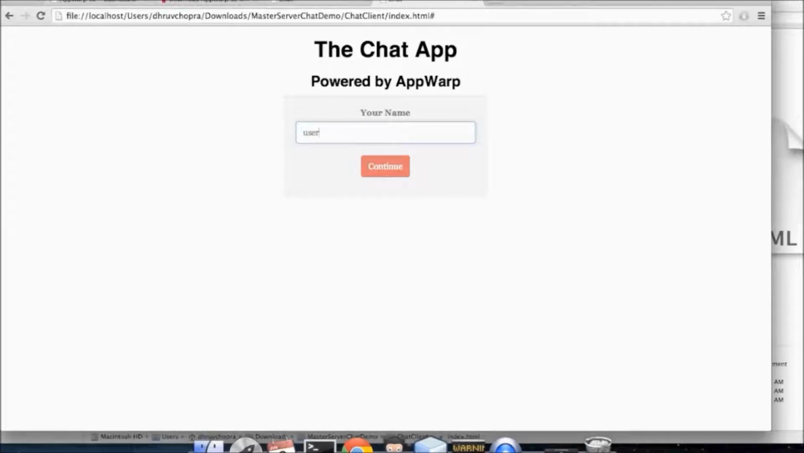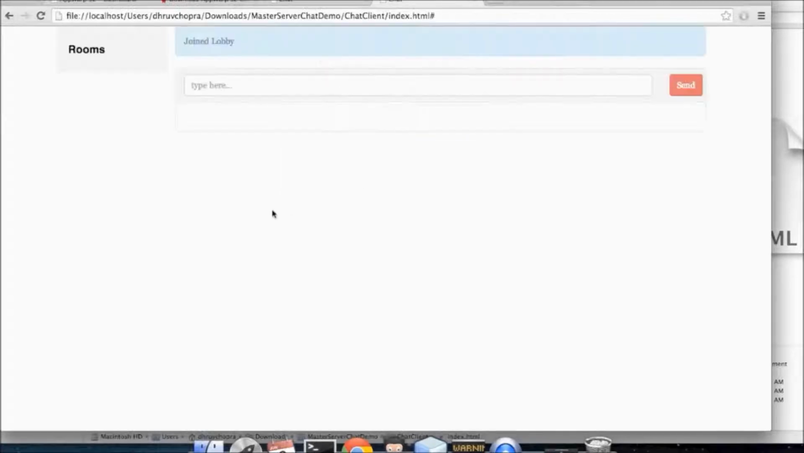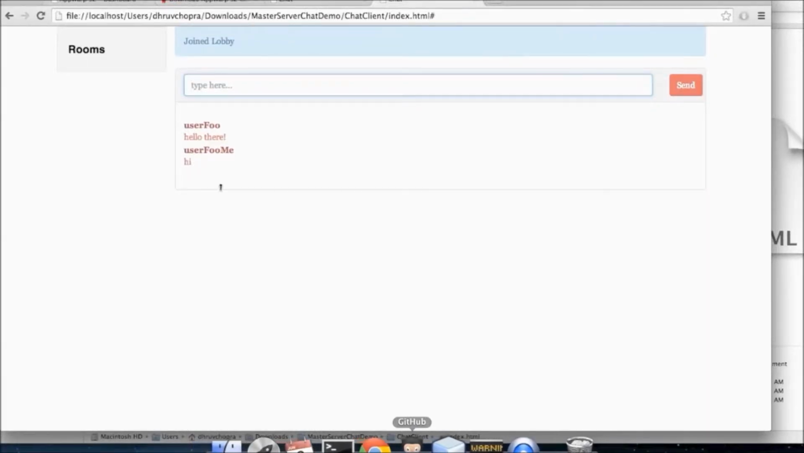Alright, so I'll also join app1 on server 1 with a name, and let's see. So I sent my message and there it is. So both the clients can now talk to each other. So that completes our flow. We connected through the master server, got the address of an individual game server and connected